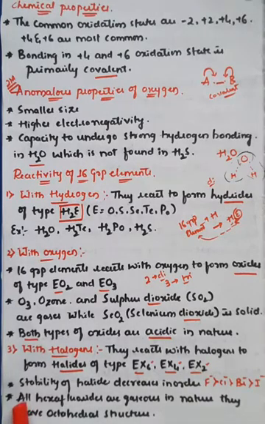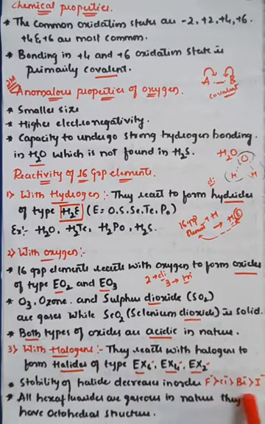And similarly, the stability of halides decreases. Whenever it bonds with a halogen, it converts into halide form, but the stability of that halide decreases in the order of fluorine, chlorine, bromine, and iodine. Fluorine, whenever it bonds with the oxygen, has the capacity of more stability, so the bonding will be more sustained. Therefore, fluorine is more attractive towards the 16th group elements when compared to chlorine, bromine, and iodine. The stability goes on decreasing.